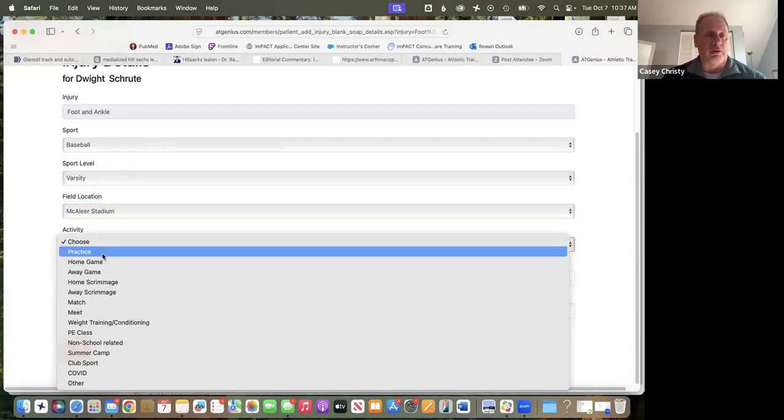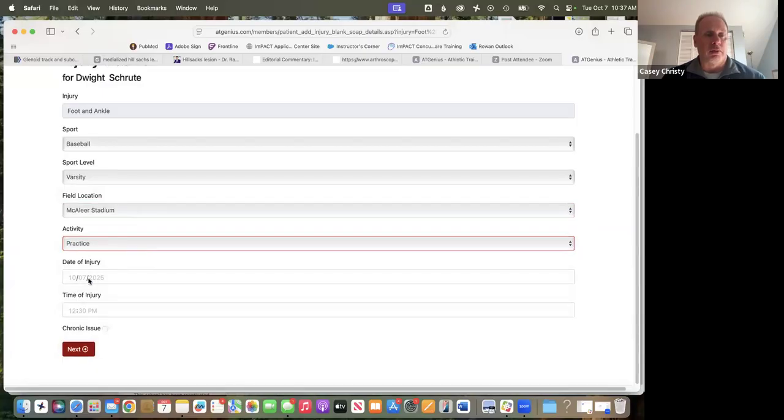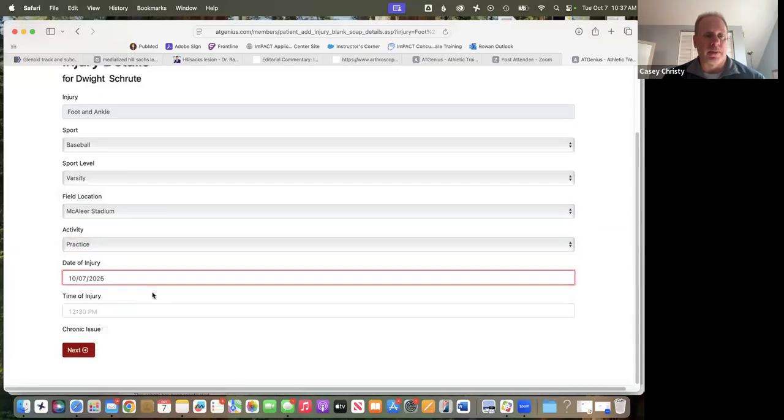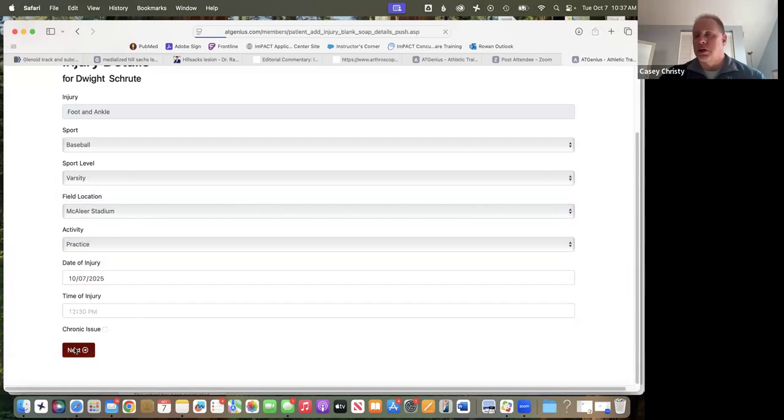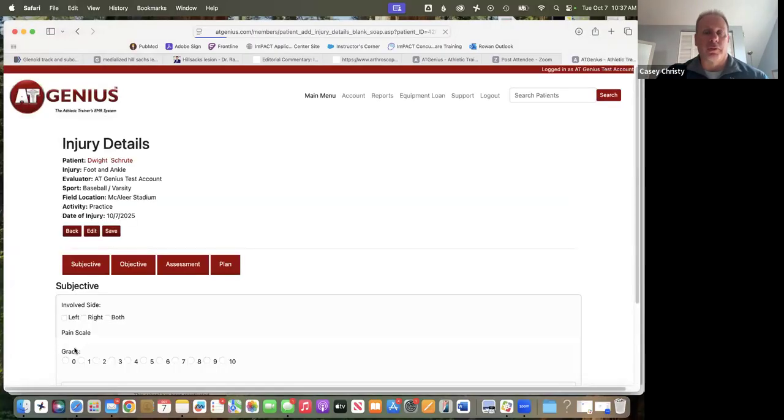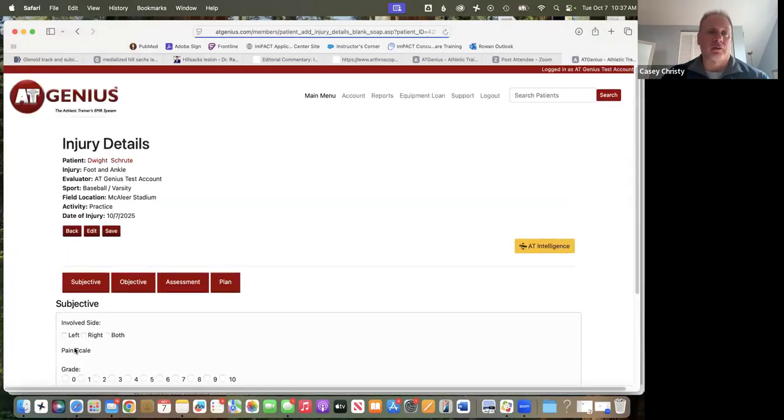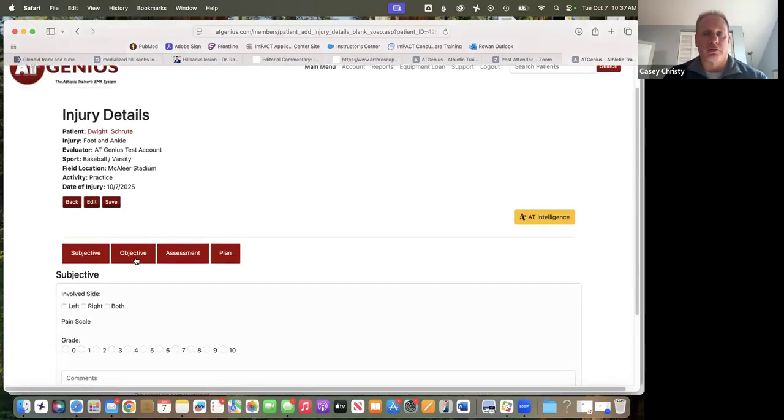And we're going to say he was in practice, and we'll put today's date as the injury. Again, you can put the time in there, but it's not required. And then from here, we get into the SOAP note. So this will work on any device, whether it's an iPad, a phone, whatever device you use, because it's all